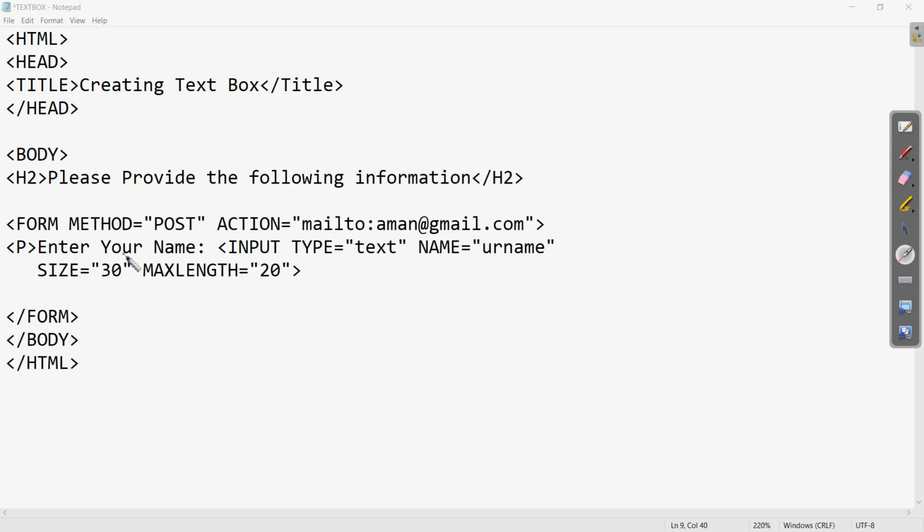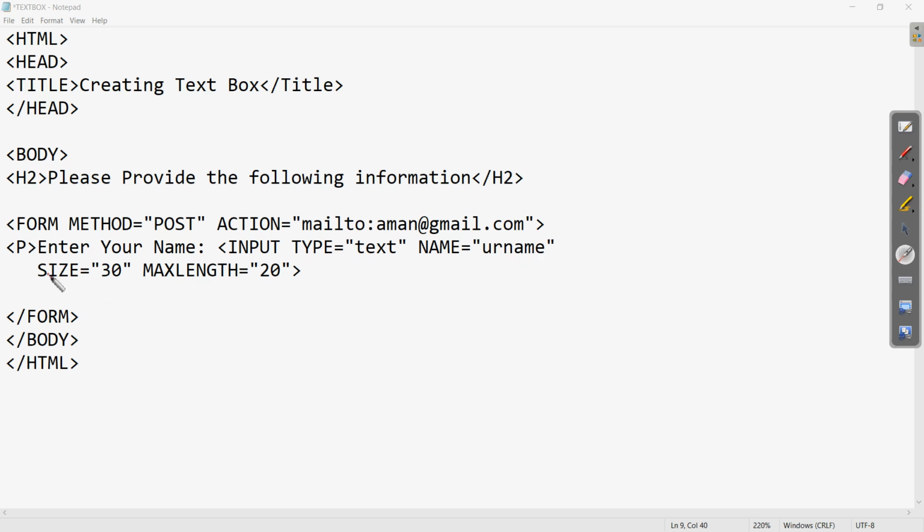Then whatever input type we are going to take, here we are talking about the text box. So write "Enter your name", this is the information which will be written before the text box, and then the input type, that is the text box. Then the name of that text box, whatever you can write.